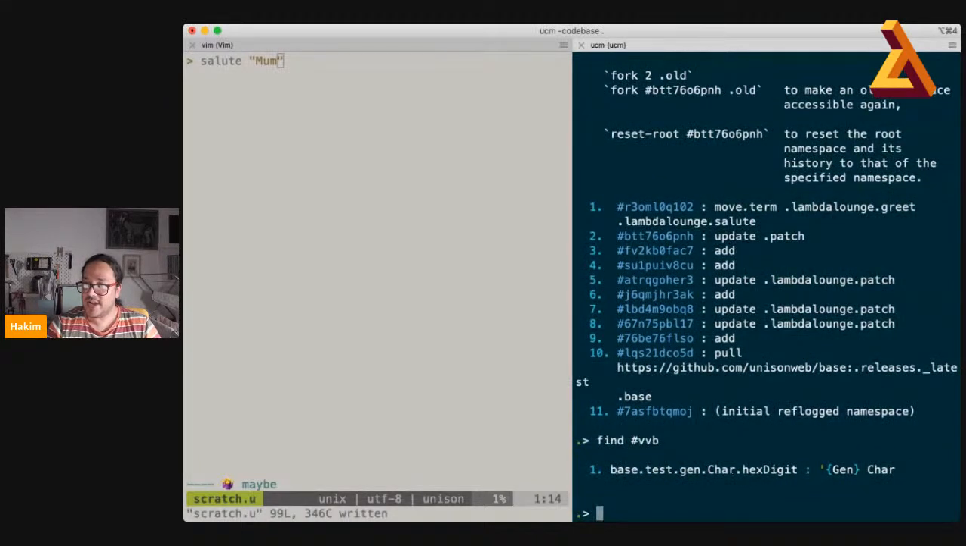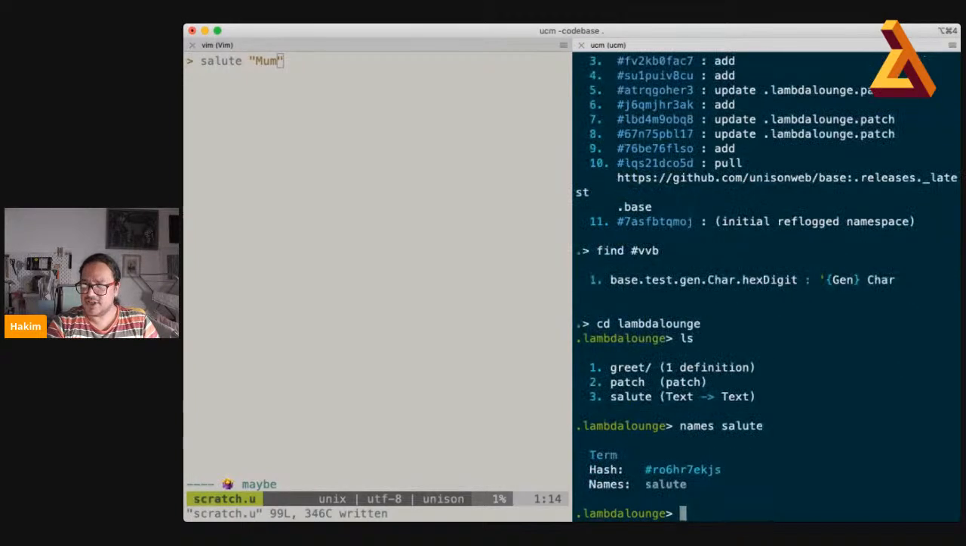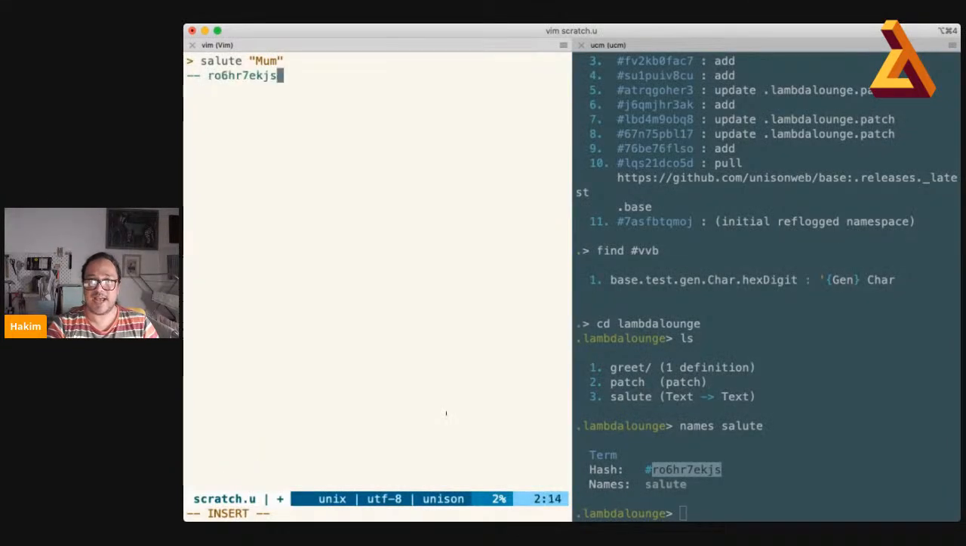Here we go. So that hash that we looked at above maps to a generator for hexadecimal digits, and essentially that version of that code is under that hash. If we cd back into Lambda Lounge and look at names salute, you can see that it has this hash here,